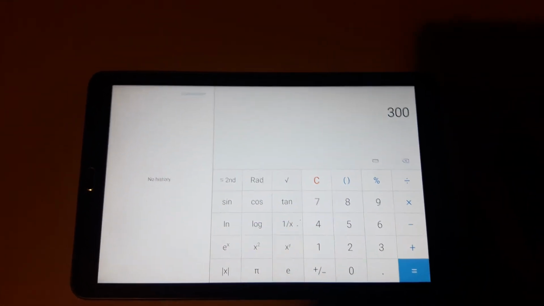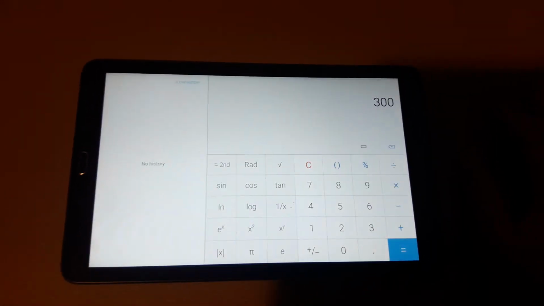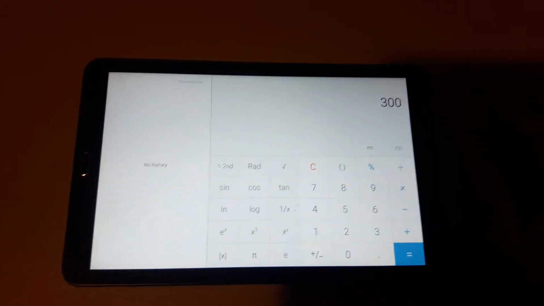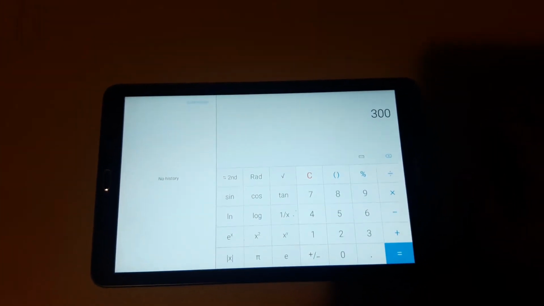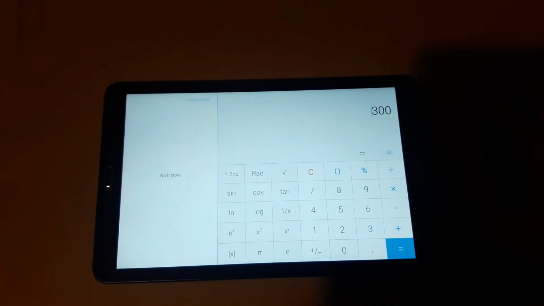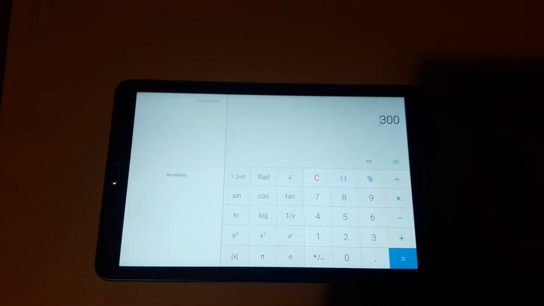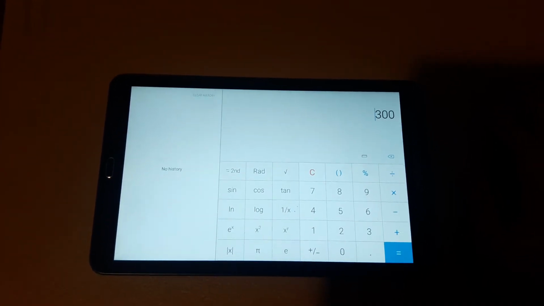So if you want to figure out your break-even point on this $300 item, which is your cost, $300, you have to divide by what's called the contribution margin, which is 100% minus the 15%, which would be 85%. So that's what you're left over. Okay, so you would do 300